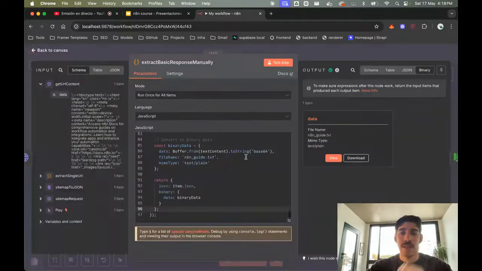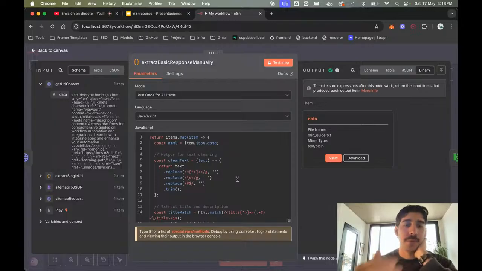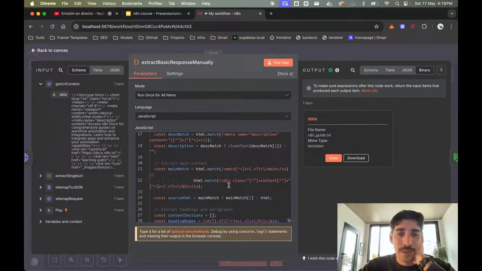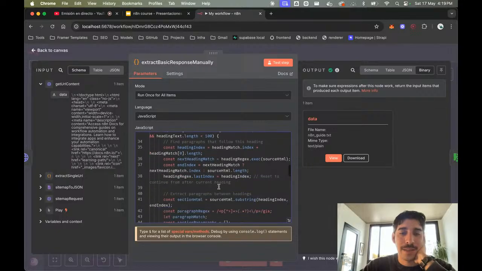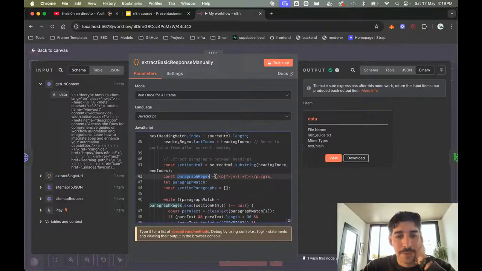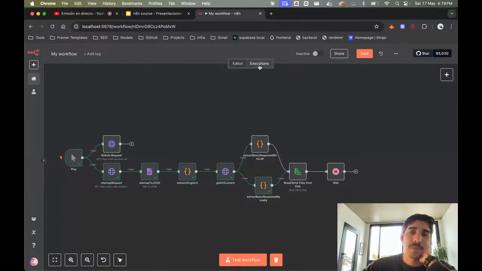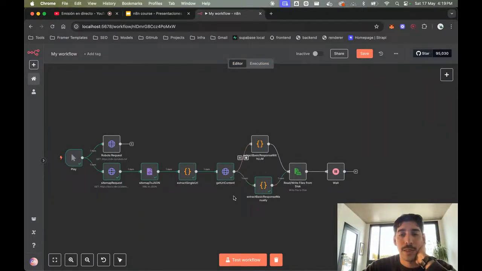Otherwise, I think this is the way to go for now: just using code to extract the titles, the descriptions. Here you see it says H1, 2, 3, the headings, the paragraphs, and so on. So I think that's going to be the way to go.